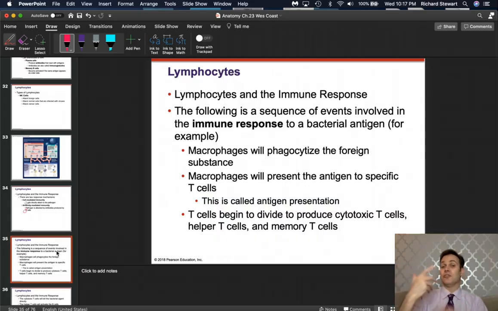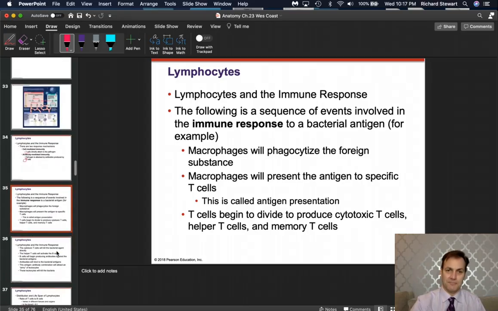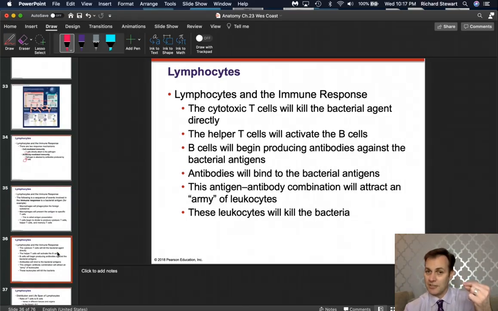So now he starts to produce and divide and call in for more help. He brings in more helper T cells and more cytotoxic T cells, and what they're going to do, along with the macrophages, is hunt for anything with that antigen. They're going to get up close and kill it. They fight hand-to-hand. Think about it like that. Then they have a memory that's always going to remember when that thing shows up, and it will kill it. Now, we also have another one where it is going to produce an antibody.